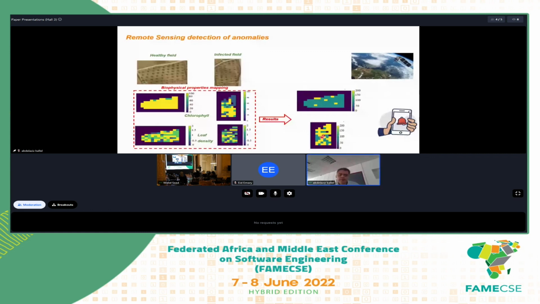Finally, the conclusion: we developed a model for olive tree anomaly detection using satellite images, based on a physical and artificial intelligence model. The results proved the performance. In our perspective, we would like to extend the model to other anomalies such as other fungi or other viruses, such as Xylella, which is starting to exist in Europe.